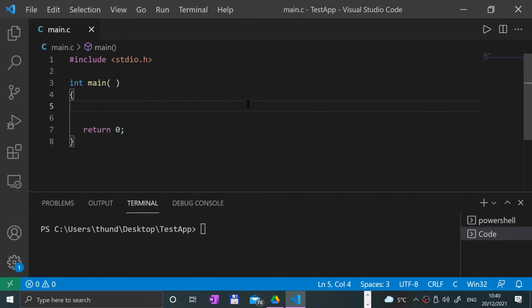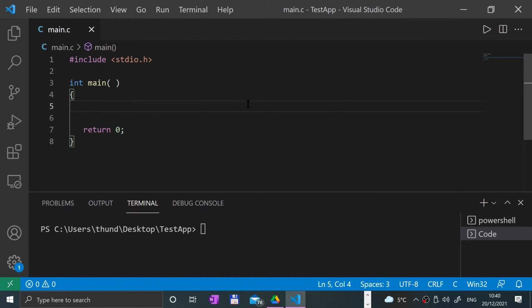Hello, in this C programming video, I am going to show you the conditional operator, also known as the ternary operator. So if you hear those terms, they're basically the same thing. It's just a really simple if statement. First of all, I'm going to show you an if statement, and then I'm going to convert that into the